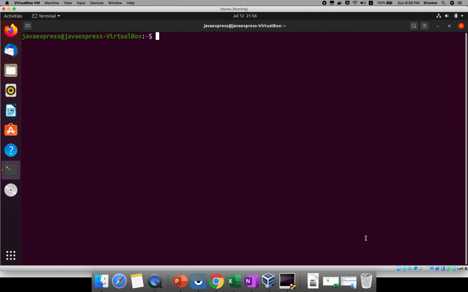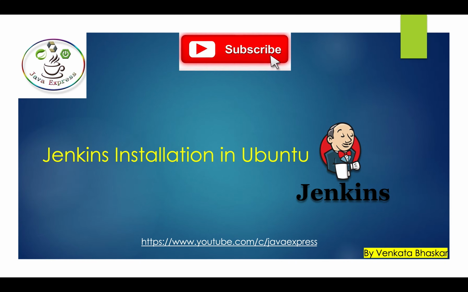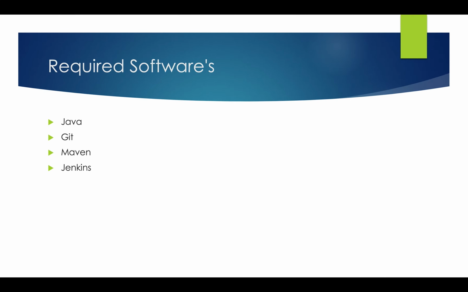What are the softwares required? If you see our PPT, we require around four softwares. One is the Java software. Why? Because Jenkins is completely developed in Java, so the base software Java you need to install. If you want to support Git and Maven for build management and source control, you need to install Git, Maven and Jenkins. So these softwares you need to install on your Ubuntu machine. First we'll install the JDK. All commands I will give in GitHub. I will share the URL also.